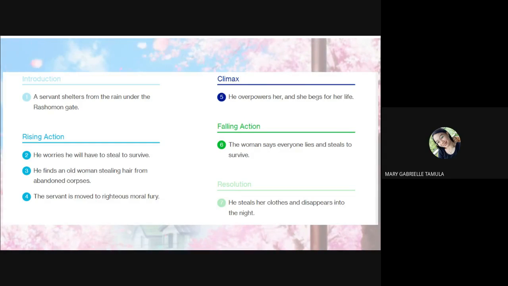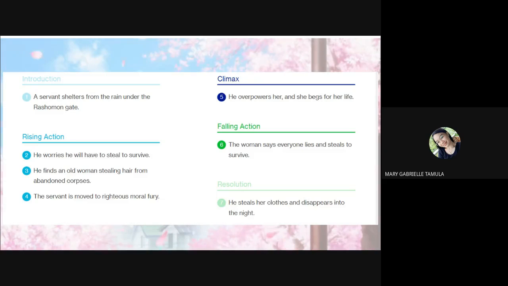The first one, sir, is the narrator. So the narrator does not really appear as a character in the story, yet it guides the reader somehow, to know or to give some information about what the story is all about. Then next there is the dead woman. According to the old woman who is plucking her hair, the dead woman used to pass off snake meat as a fish to sell to the palace guards.